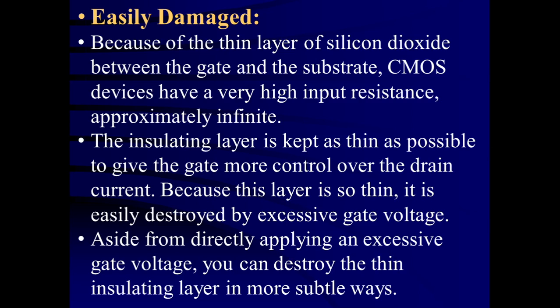Now, the input of the CMOS can be easily damaged. How it is going to be damaged and why it is going to be damaged, that we have to study here. What is the construction of the CMOS? We have studied already the CMOS inverter construction: between two n-channel material, n-channel conductor, there is a p-type